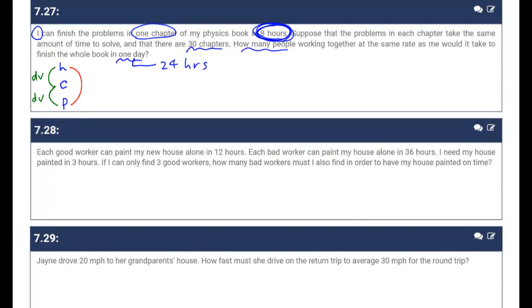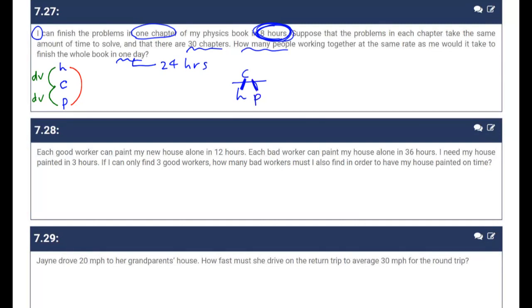So this is joint variation, by the way, joint proportion, where C is directly proportional to H, so H should go down there so that they're directly proportional,